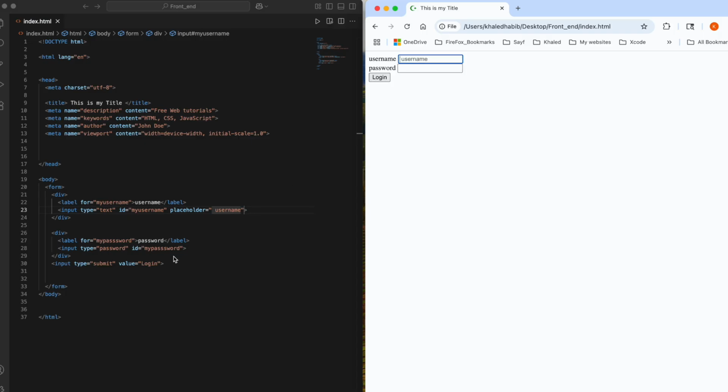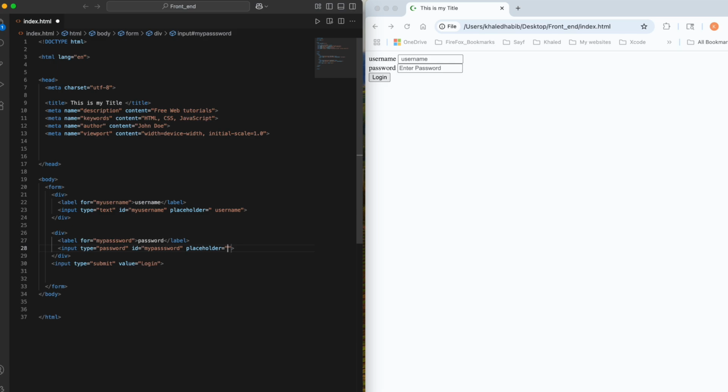So let's put another placeholder on the other input box for the password, to tell the user what the user should enter. I'll say placeholder here also, and I'm going to say, enter password, something like that. I will save, and then reload: enter password. And guess what? You can describe and explain to the user. Sometimes we know the password should be maybe